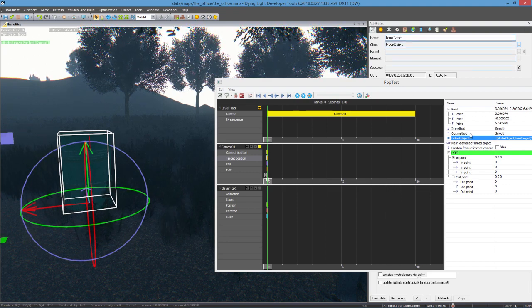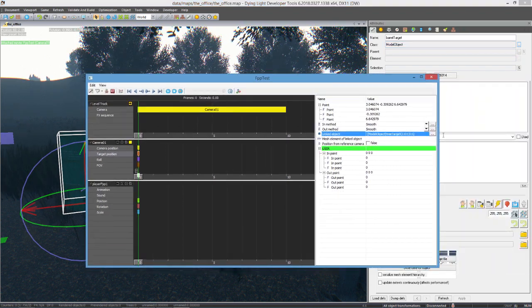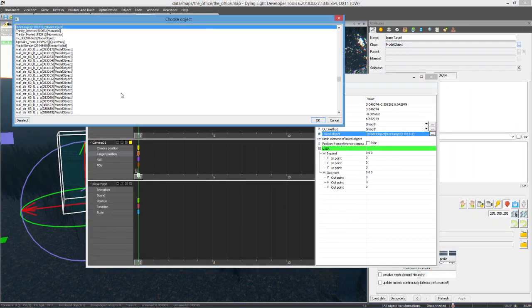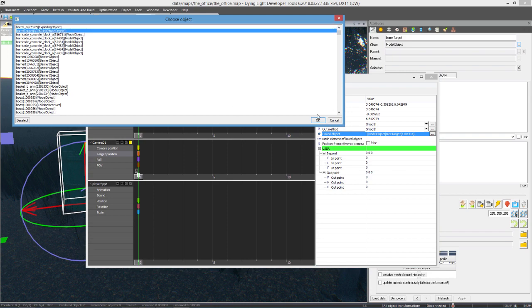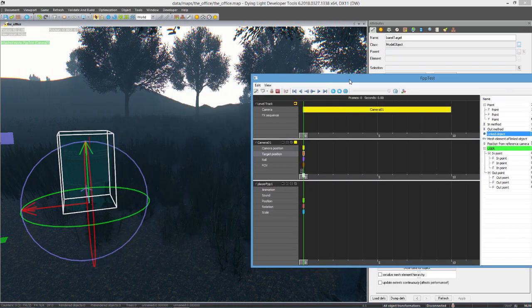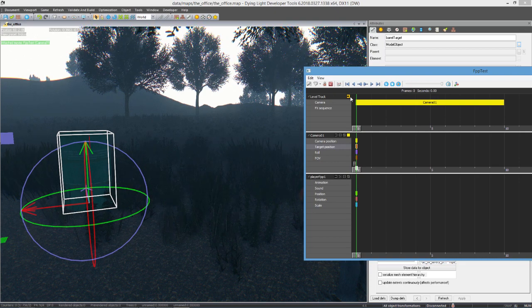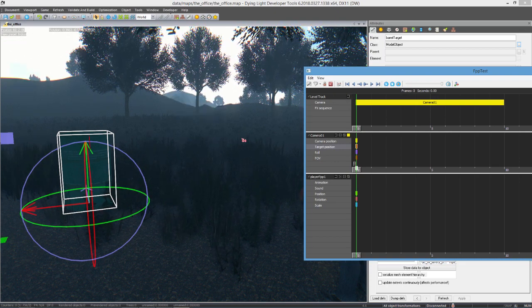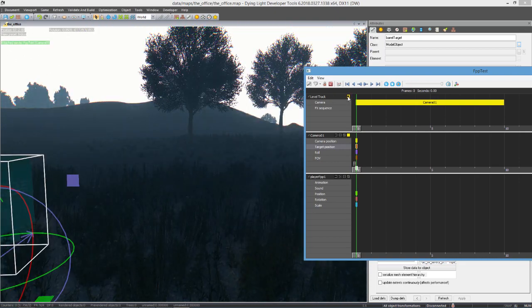Okay, now I will change my target to barrel. Press B, barrel target. Okay, now okay,